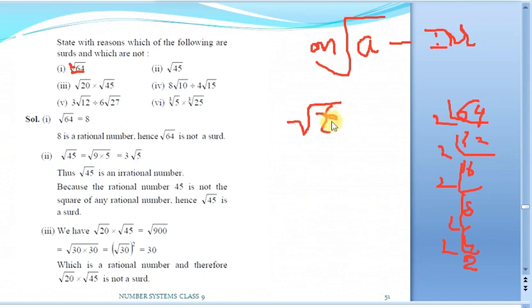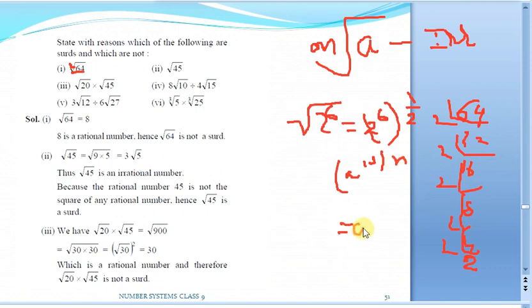Just write it. And I told you one more notation: whenever the nth root is there, I can write it as whole power 1 by n. So can I write it as 2 power 6, whatever is inside in the prime factorization form, whole power 1 by 2, since this square root is nothing but 1 by 2? Now we are very well aware of the exponential laws. It is of the form a power m whole power n equals a power mn. So we just have to multiply this 6 and 1 by 2. 6 into 1 by 2 is 3, so that is 2 power 3.